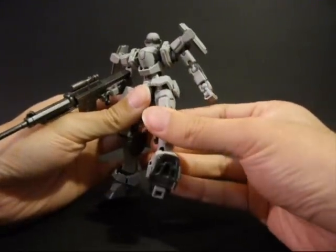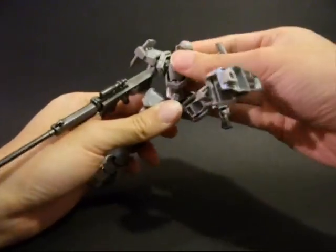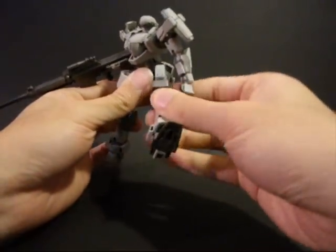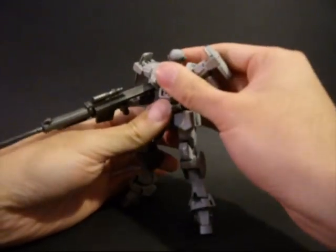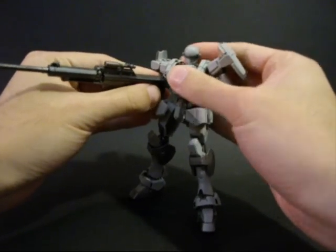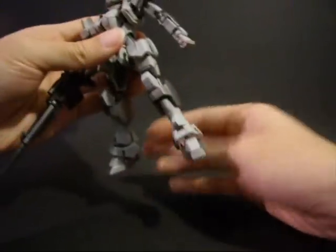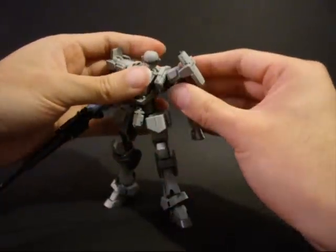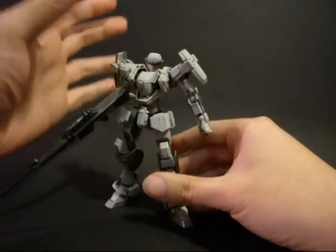One of the things is the hip joint, where if the body is not turning to one side, you can't raise the leg high. You have to get the body tilted to one side and twisted to actually get the leg up. And even when it's up, it's not exactly straight, so it's hindered by that. Depending on the design, it probably would be better, because other than the Full Metal Panic line, they also make Sky Girls, where the mech is a lot more skeleton-like. They probably articulate better. And there's also the other one, the Idolmaster Senior Glacier Imber. That one is also more skeleton-like, therefore it is probably better articulated than